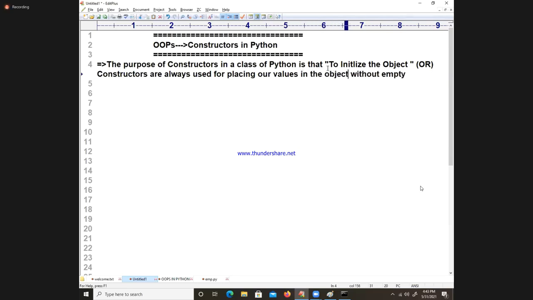It is called initializing the object. I hope you understand this word. Initializing the object. Tell me for my satisfaction, whenever you create an object, the object must be